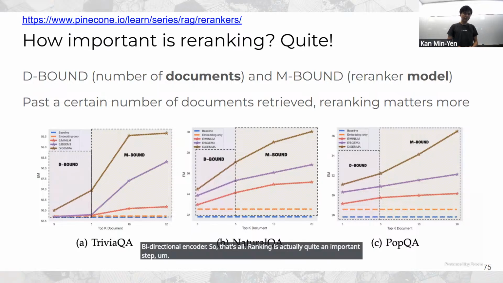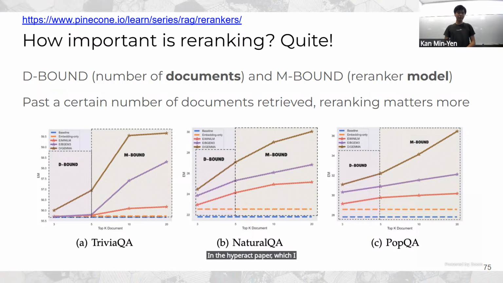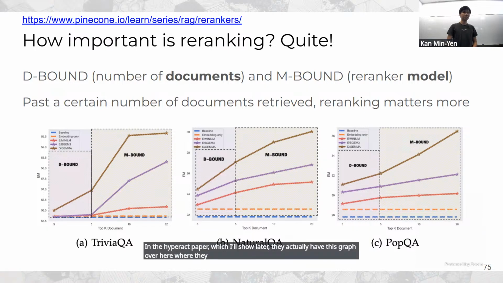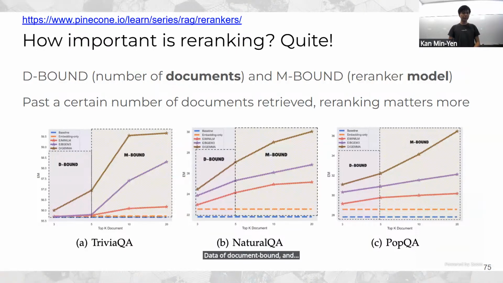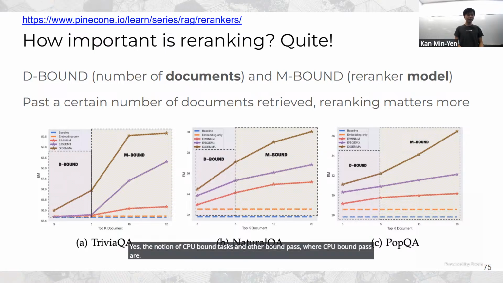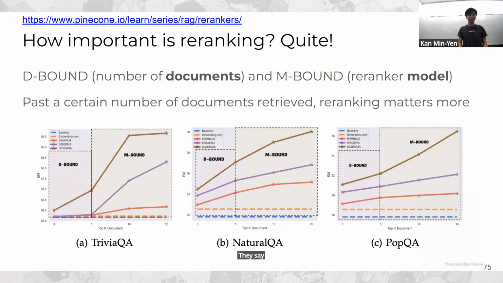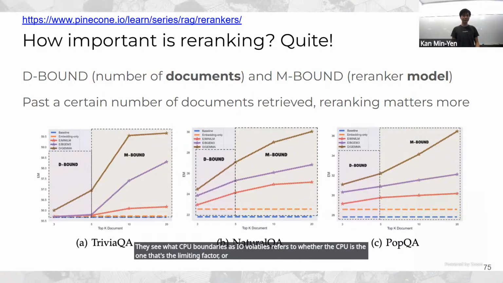In the HyperRec paper, which I'll show later, they have this graph over here where they define the notion of document bound and model bound, which they abbreviate as D-bound and M-bound. For those who are familiar with systems, there's a notion of CPU bound tasks and IO bound tasks, referring to whether the CPU is the limiting factor or the IO is the limiting factor.